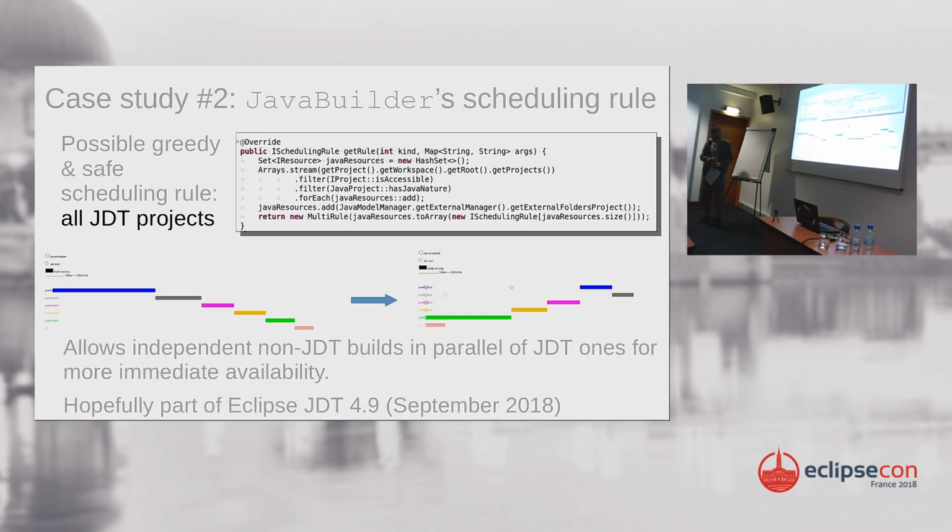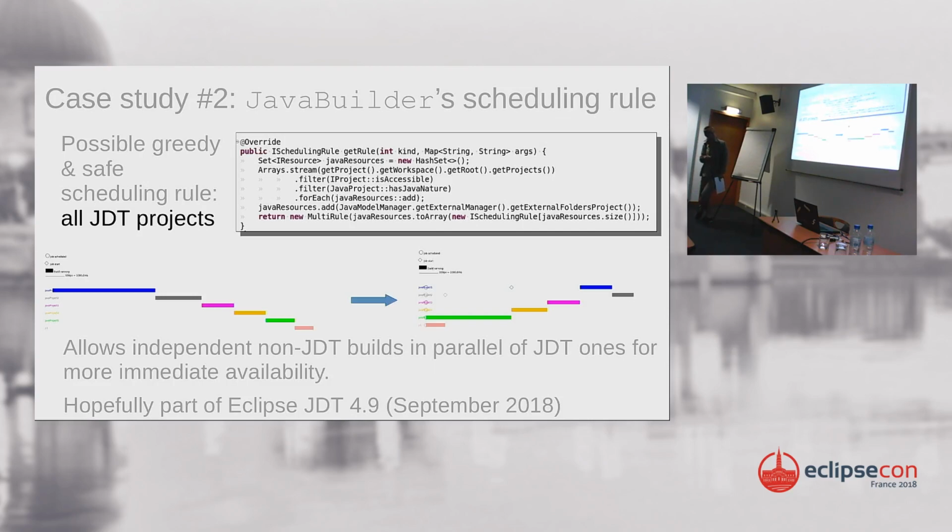And if we take this rule, which greedily includes all JDT projects, so we choose a rule that says we will let other builds or other workspace operations happen, but we keep all Java projects together. At least we are sure it wouldn't break too much. Because we are, again, in this conservative mode. Eclipse IDE has about 20 years of legacy. We cannot change things too fast, although we would like to, but we care about you. And we take this rule, which is kind of safe and greedily includes all Java projects. Then this graph becomes this one.